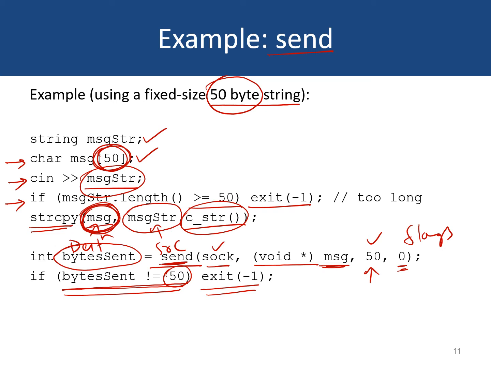But you don't necessarily need to terminate the program. Let's say you wanted to send 50 bytes. Out of 50, in the first attempt, you could only send, let's say, 30 bytes. So the remaining 20 bytes you can send in the next attempt. So you can keep trying until all the 50 bytes are sent. So essentially, you can keep calling the send function until all the 50 bytes are sent across.